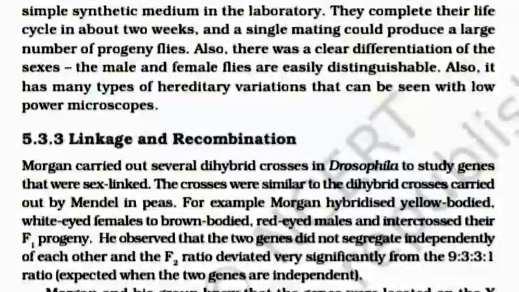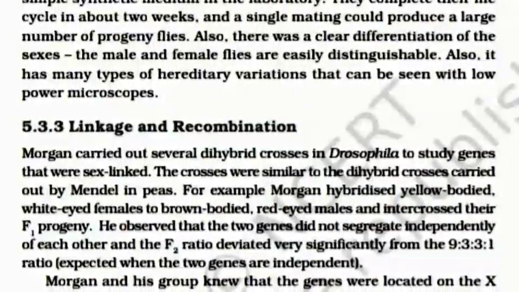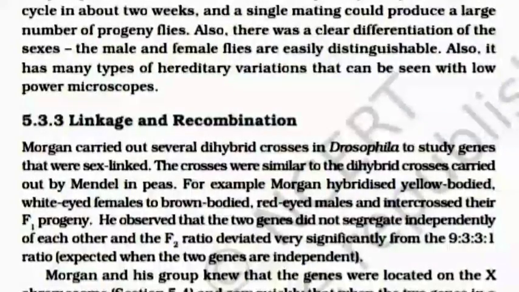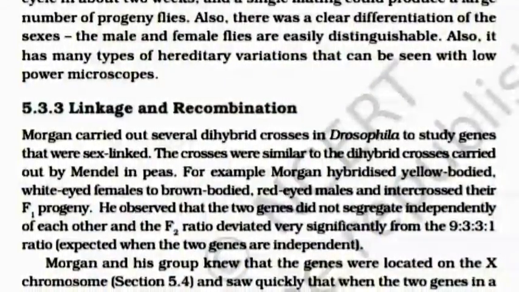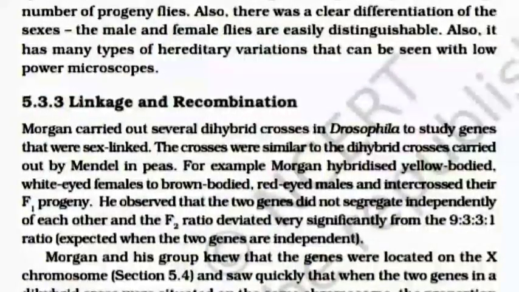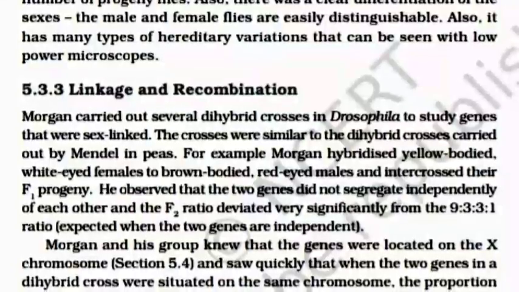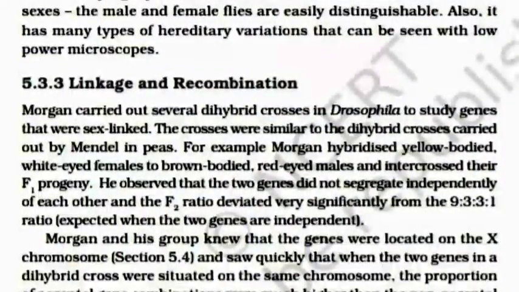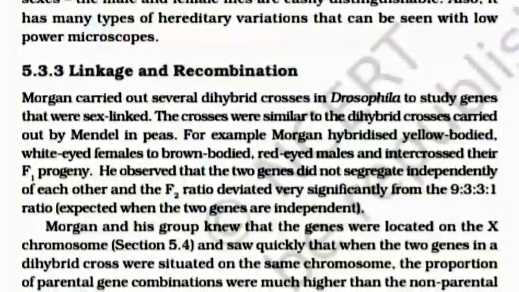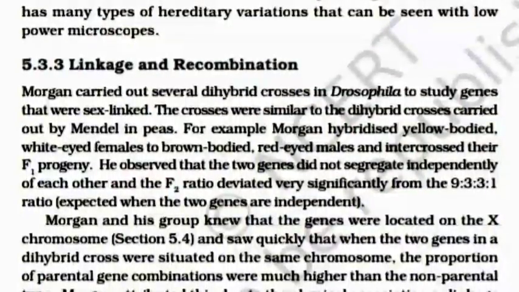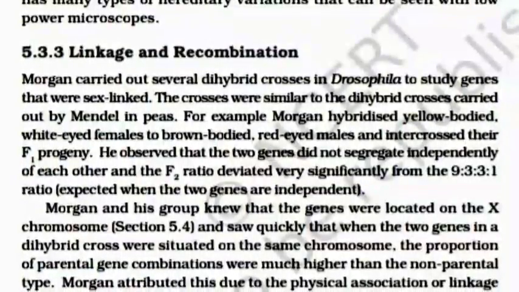Linkage and recombination. Morgan carried out several dihybrid crosses in Drosophila to study genes that were sex-linked. The crosses were similar to the dihybrid crosses carried out by Mendel in peas. For example, Morgan hybridized yellow-bodied, white-eyed females to brown-bodied, red-eyed males, and intercrossed their